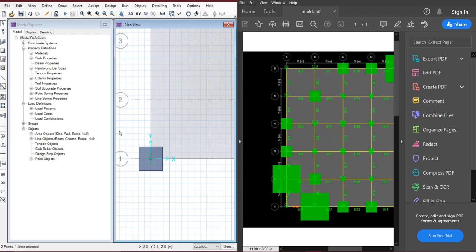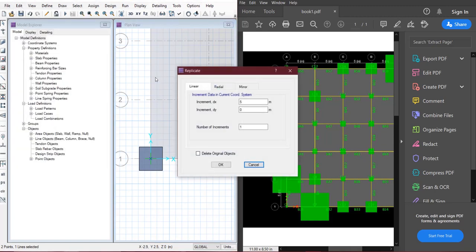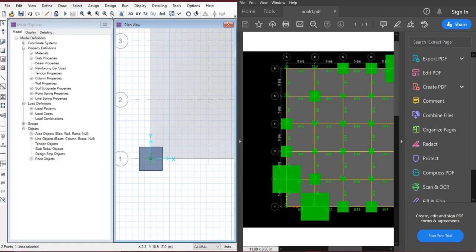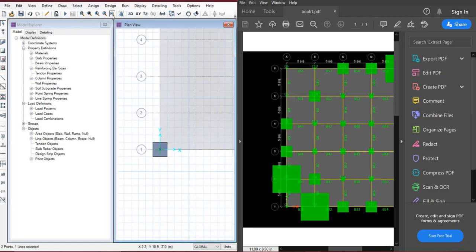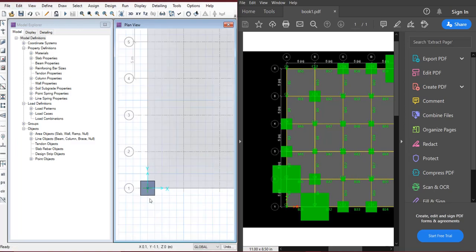Now I will replicate it as shown. Here the distance between each grid is 5 meters each. So I will select this column and replicate it.